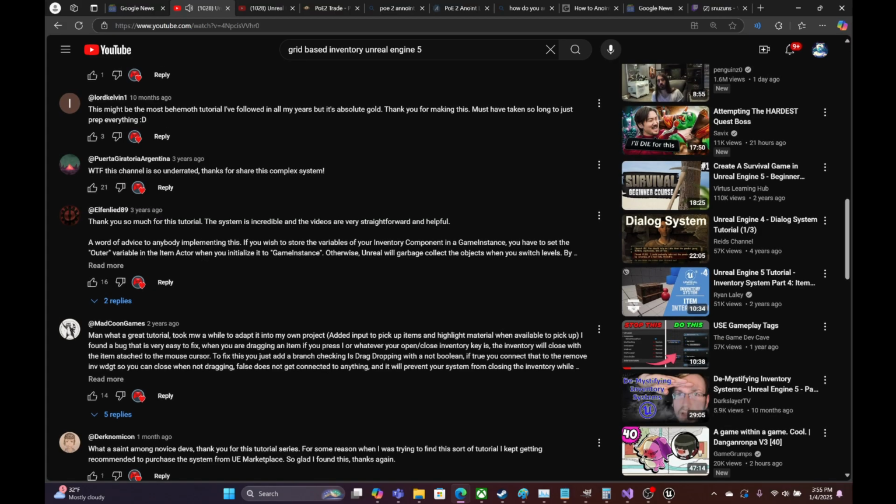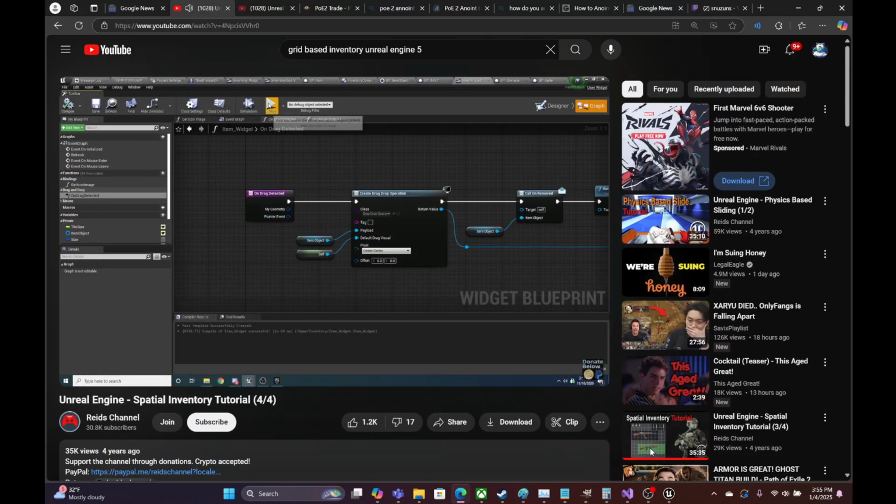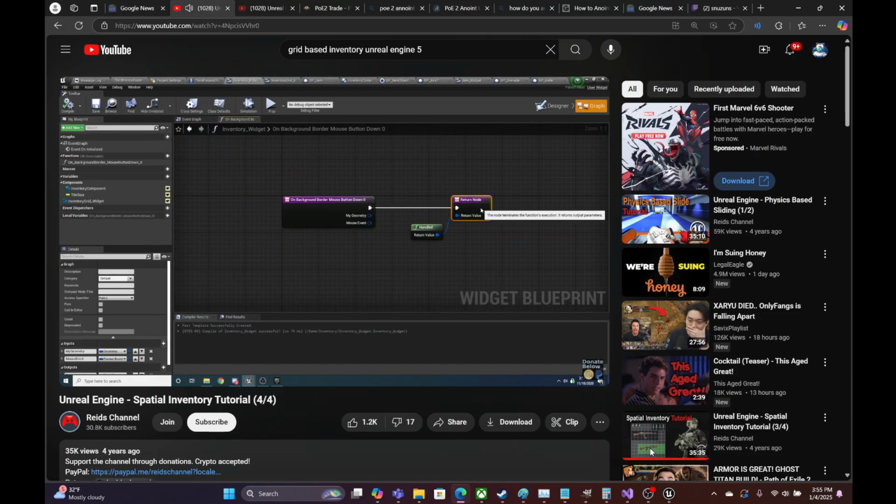I think we need that in order to do that one. So for dropping things on the ground, we basically want to detect if the mouse is over top of this area whenever we drop it. So to do that, if we go to the inventory widget, we can override